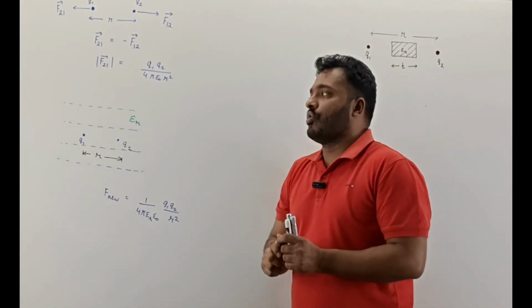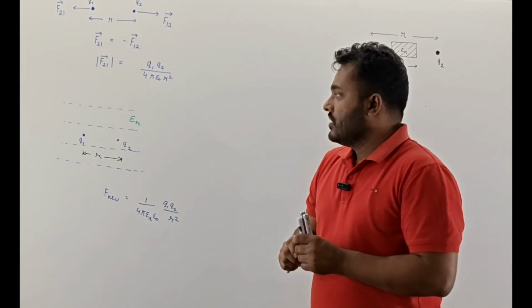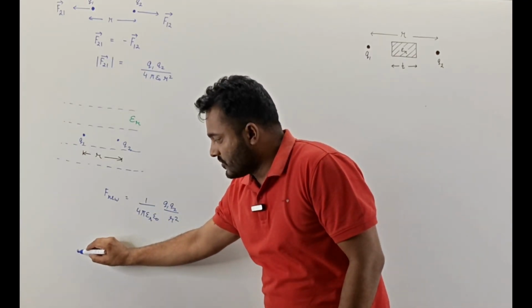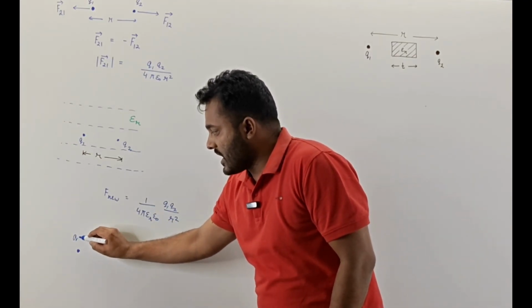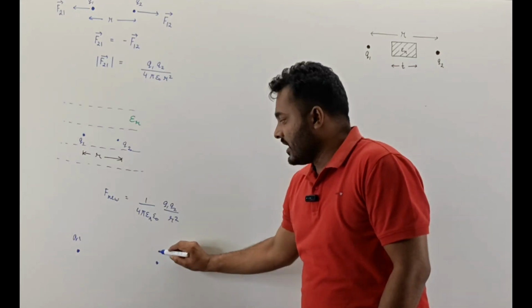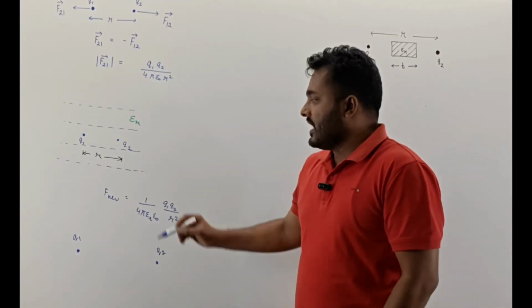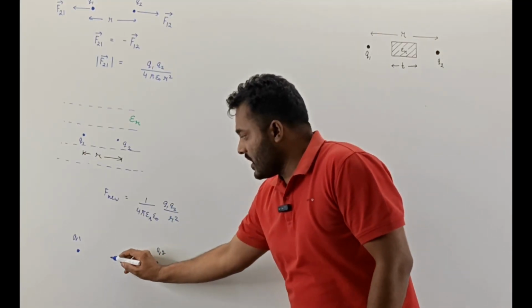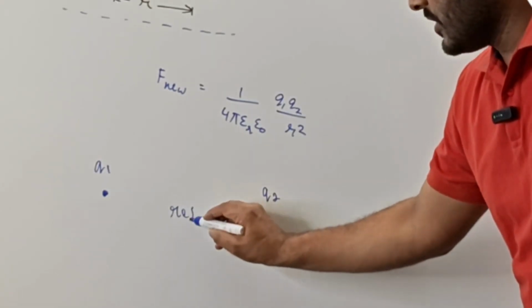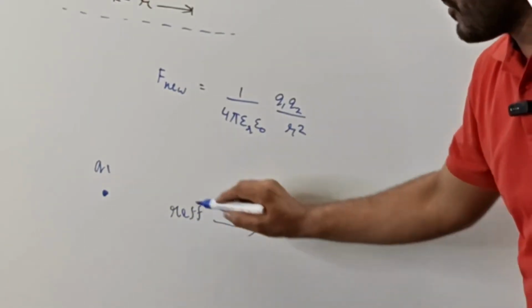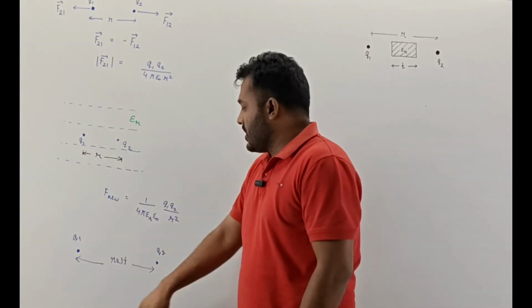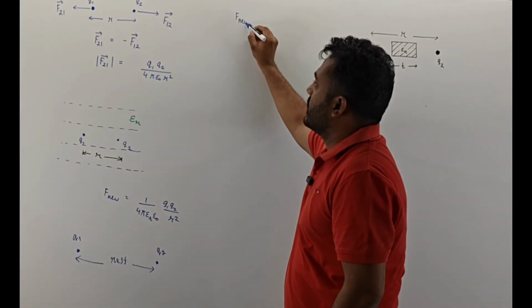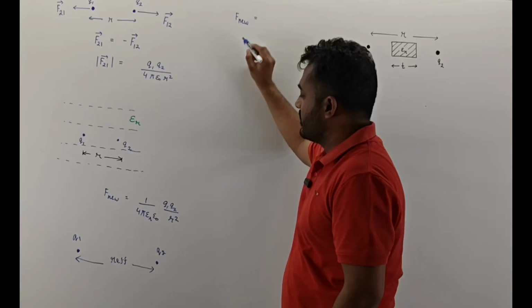Now, if we understand this same situation in a different way, let's see how to obtain this force by changing the distance. So if I say I have a charge Q1 and I have a charge Q2 and they should exert the same force on each other, so I am saying that the effective distance between them is R effective. So over here, if I write this magnitude of force, which we equated with F new magnitude,